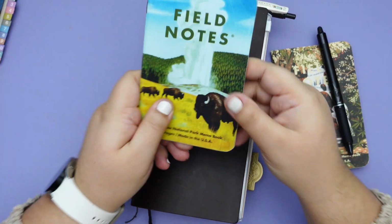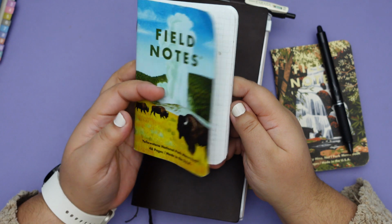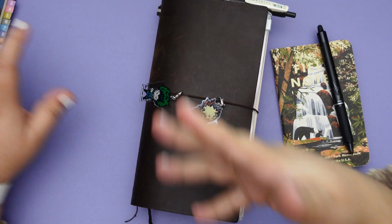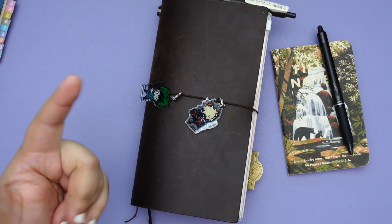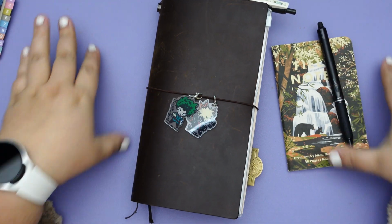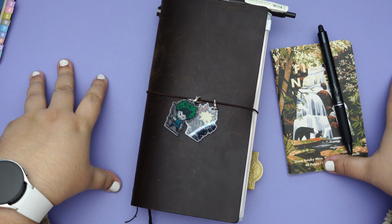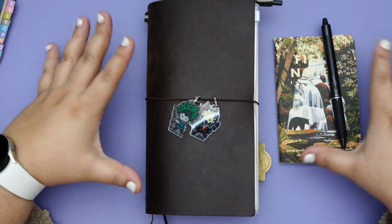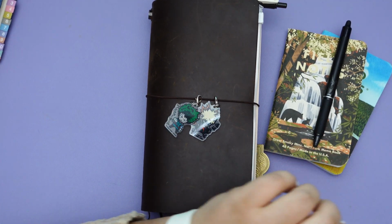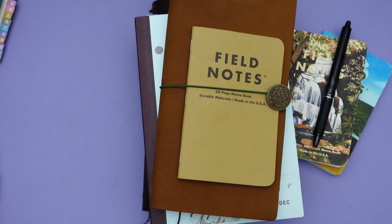Another way I use the field notes is as a catch-all notebook that I take around with me and just jot notes down. And then the third way that I use the field notes is, as I mentioned, with work. So I think I covered all of my bases for my 2023 planners and journals. Let's see, am I missing anything? I got my media journal. I got the field notes. I talked about the Hobonichi AVEC. I talked about my work journal. I talked about the Hobonichi